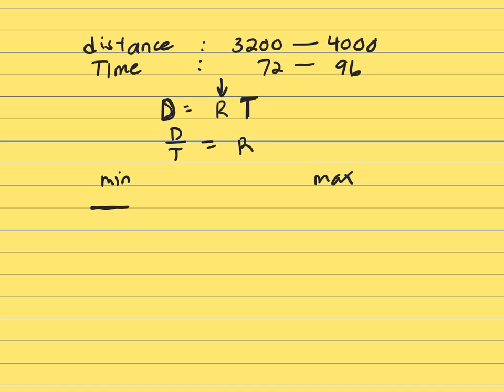Dealing with these distances and the rates, I want the smallest possible value. How, using these four numbers, how do I make the smallest number? Well, I would take the smallest distance and divide by the larger time. And if I do that,